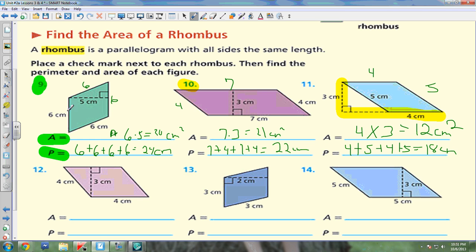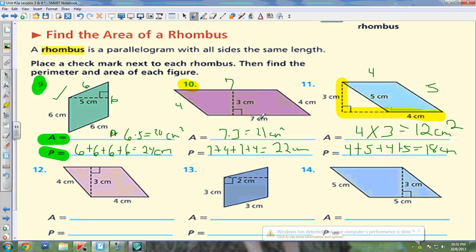And that looks like, so this would actually be a rhombus. Number 10 is not a rhombus if you look, because the sides are not the same. It's a parallelogram, 7 centimeters, 7 centimeters, 4, and 4. The area would still be base times height, so it would be 7 times 3, which is 21. Walking around it would be 7 plus 4 plus 7 plus 4, or you could take